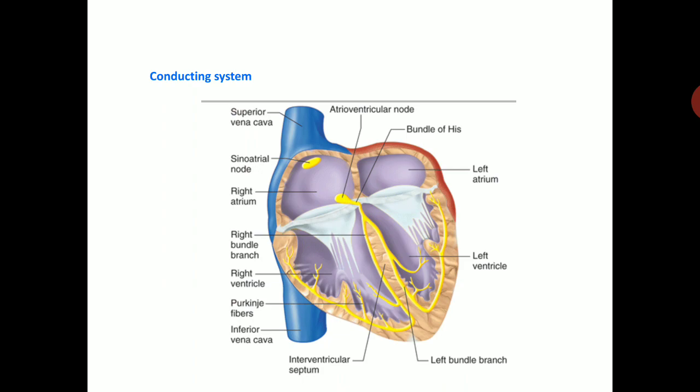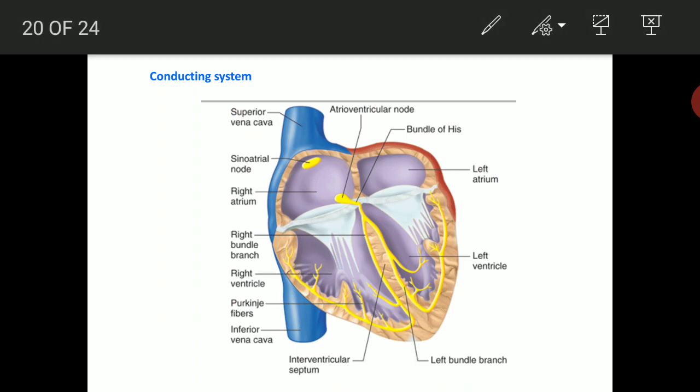So the conducting system arises, or we can say electrical activity is generated at the SA node by itself, or this is, you can say, an autorhythmic area. Autorhythmicity means that rhythm is generated on its own. It doesn't need any nervous supply. Because of that, this area is called the pacemaker.